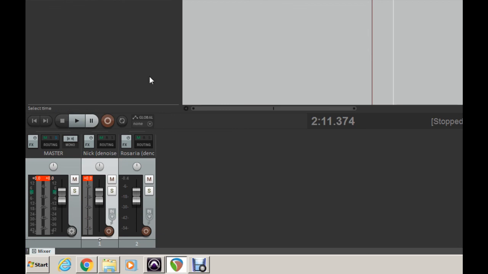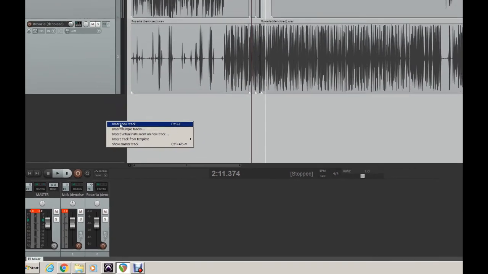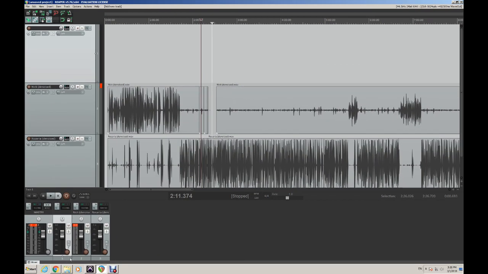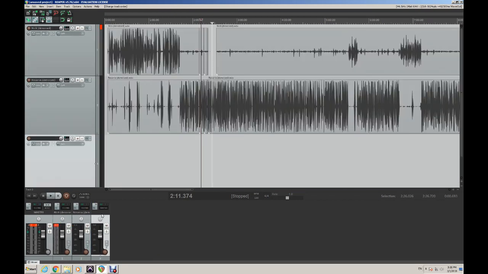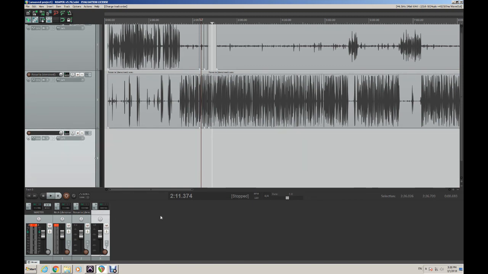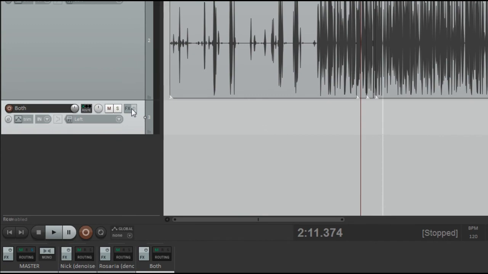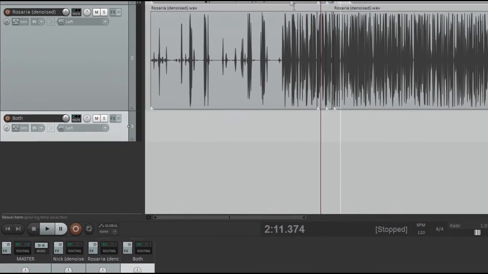It returned. Now what we want to do is create a new track, insert new track. So it's over here. Let's slide it over and let's name it "both". What it means is that we are going to send both of these voices to this track. They're gonna be coming through this track because we would want to insert an effect on here that would apply to both, like a